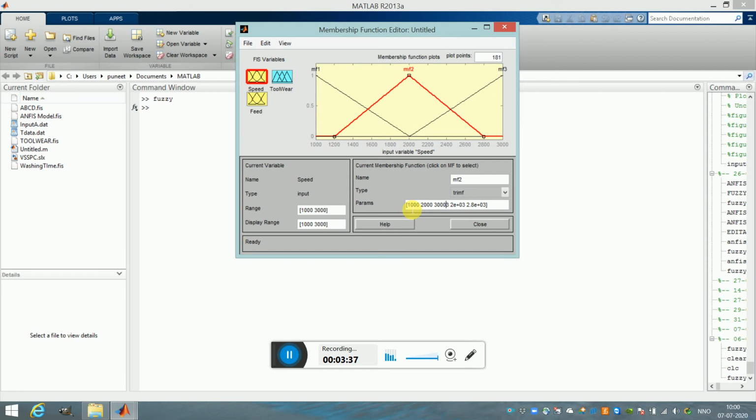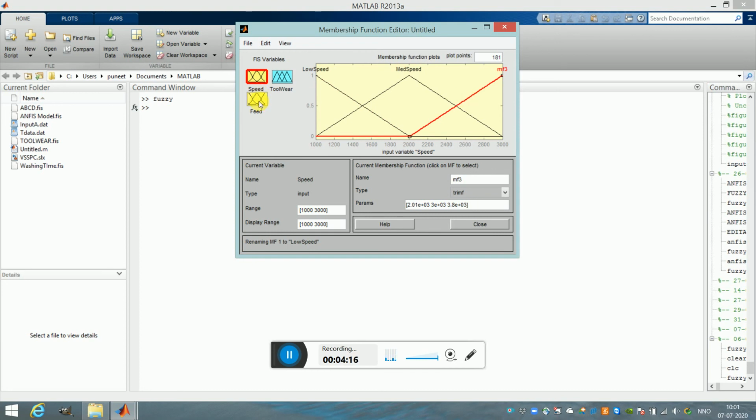This is how I can define a triangular membership function. You can see how it has adapted to this change. I can give a name to this membership function. It is a speed, so I can say this is a medium speed. Then I can change the name for this one also. This is a low speed. Like that I can give a name to each and every membership function.